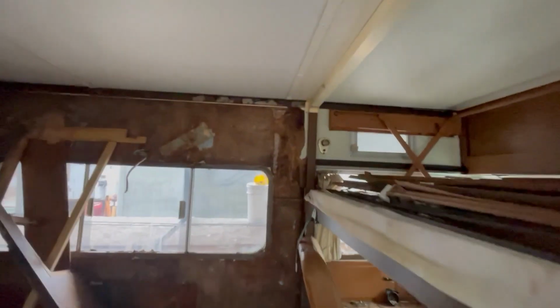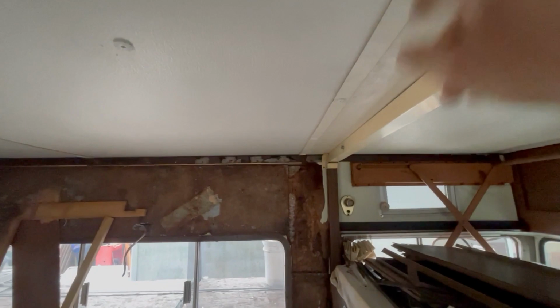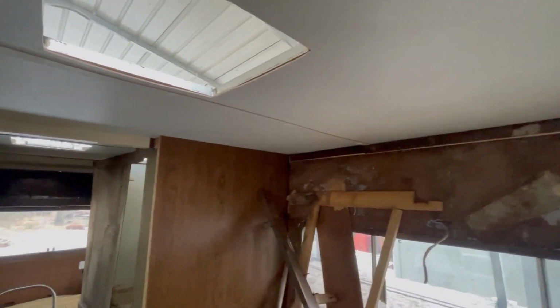Okay, so we actually took some of the ceiling panel and ripped it into a 1.5-inch strip to go across there in the seams. And then I had these nice little buttons with the screws, and so that's screwed straight into the panel. Now, obviously we'll touch this up with something, but now that we've got the ceiling panel laid in here,